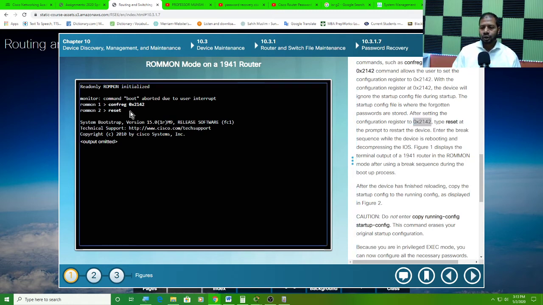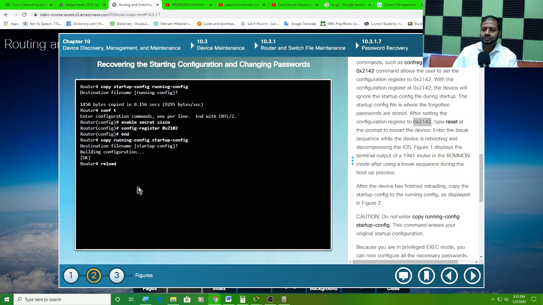Then in the ROM-mon mode, you're going to type this command, config, meaning config register 0x2142. That's the password recovery mode, and that's it. You do the reset. Once you do the reset, it's going to let you bypass the startup config. What's going to happen is it's going to take you directly with a blank startup config, blank running config,